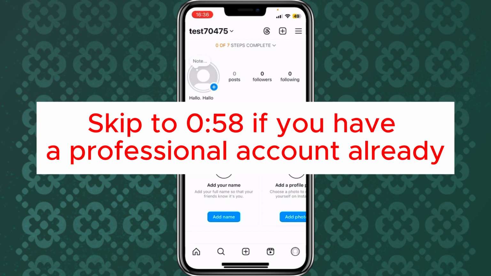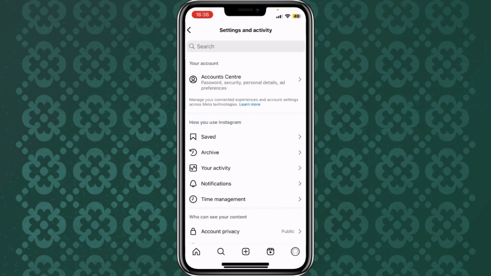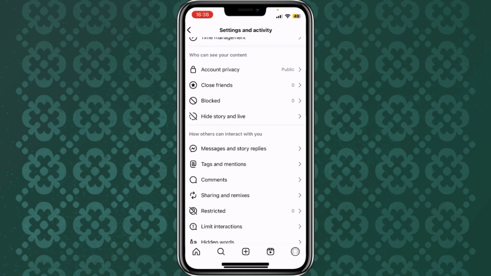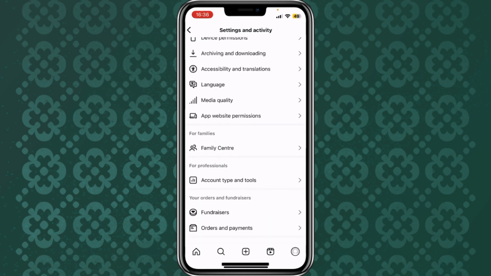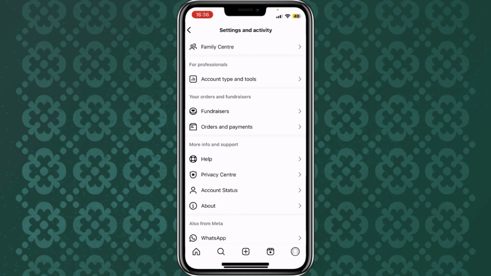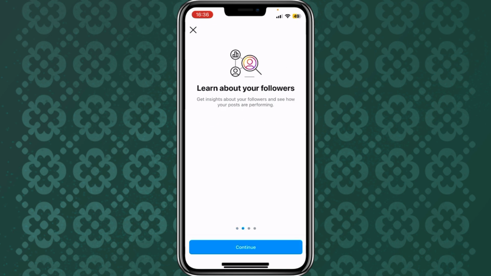First, if you haven't already, you need a business account or a professional account. If you have one already, you can skip this part. I will give you a timestamp. Go to the 3 lines in the top right, then go down to account type and tools, and now here switch to professional account, continue,